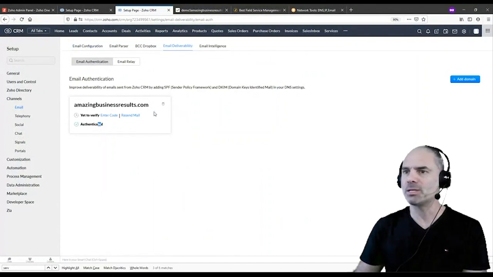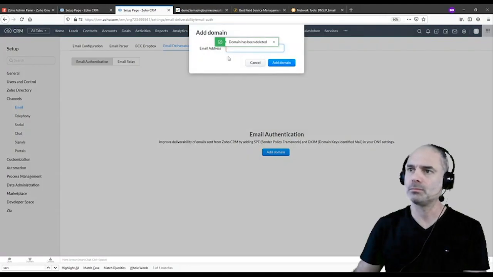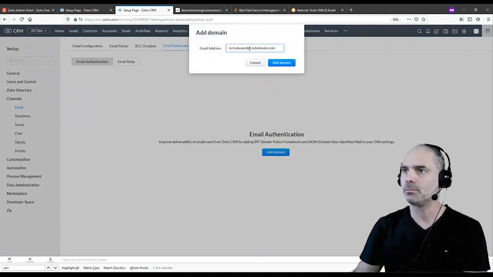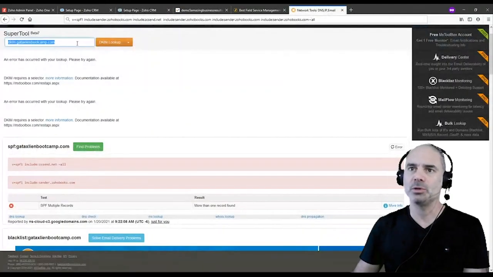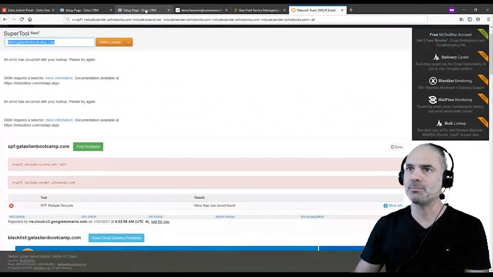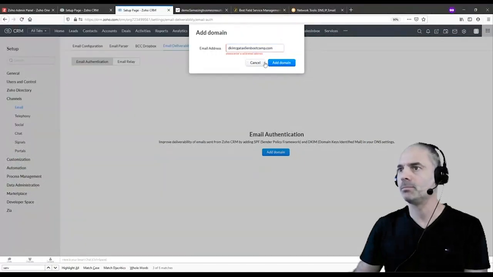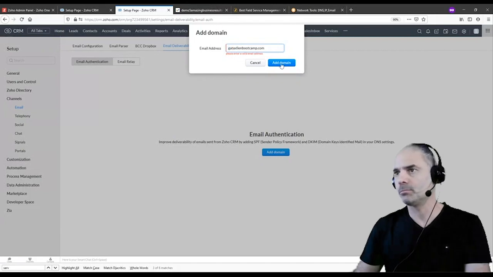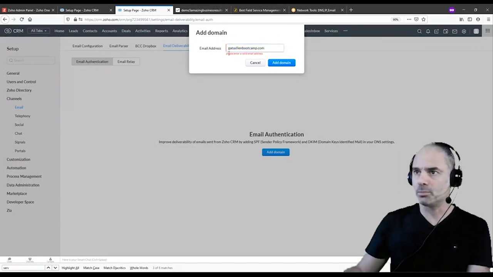Oh, this is authenticated. Let me just delete the domain. Let me pull up your domain just for the example. Come on. Oh, I need the domain name.